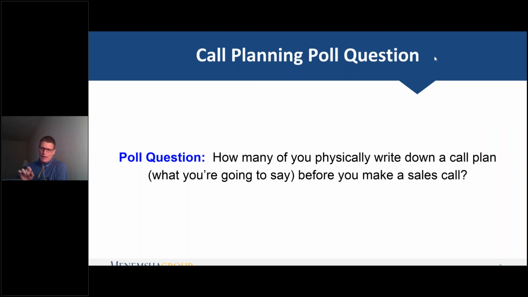Before we do that, I got a little mixed up with my slides. I want to come back to the objection, though, that we brought up a couple of minutes ago. So most of you are hearing and probably getting stuck with the objection of something to the effect of, we have no budget, we're not hiring, we have a hiring freeze, or call me back in the fall. So the first thing that I want to share with you in terms of how you can address that objection is this. And this is going to sound really counterintuitive for most of you.